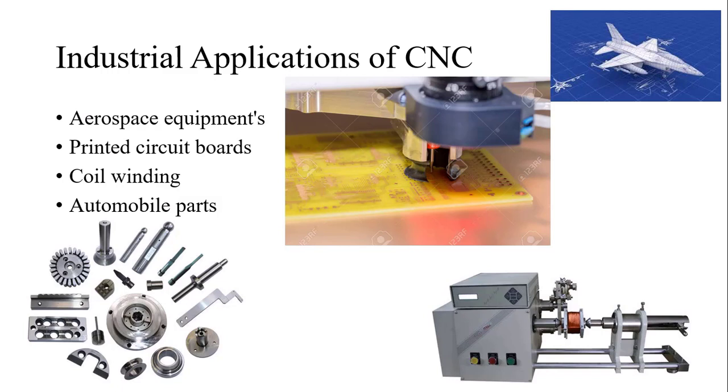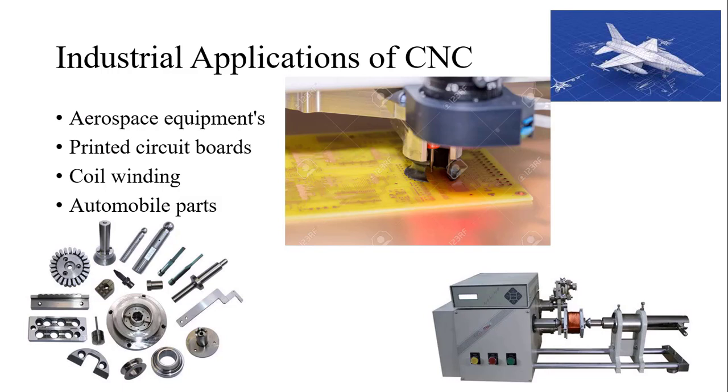Then the printed circuit board technology. Nowadays your computers, laptops, mobiles are at a very advanced stage, so it depends purely upon the printed circuit boards. Secondly, the size of your phones or your laptops is getting reduced. This is purely depending upon printed circuit boards. If your printed circuit board is so compact, it is beyond the limit of human working. So that's why we are using the CNC machines to make the printed circuit boards.